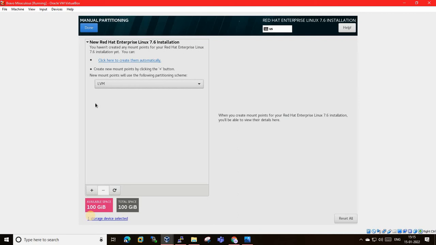It's a logical volume manager, which will have the mount points created there. It is basically a tool which we will use. I think we have to press done again.